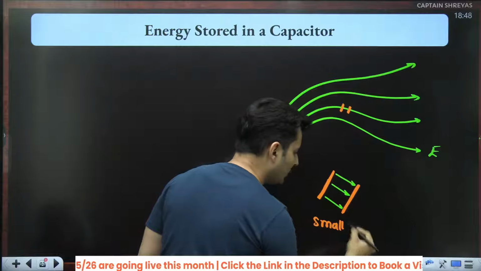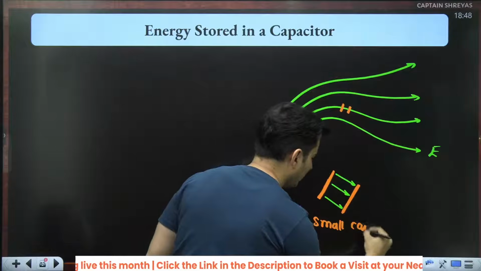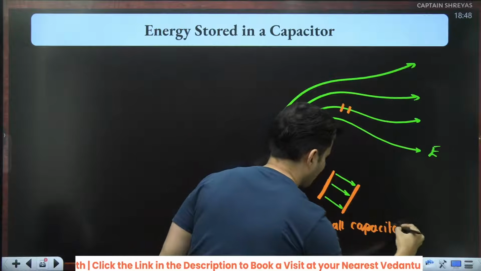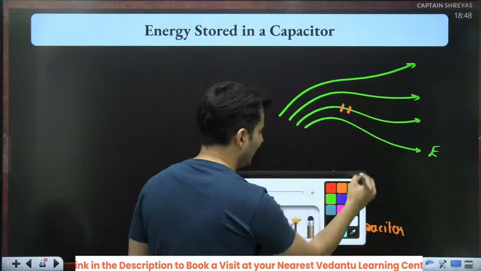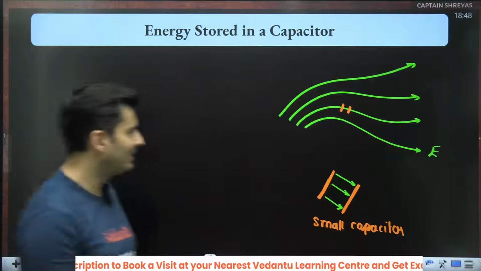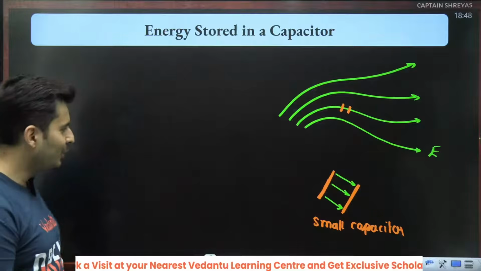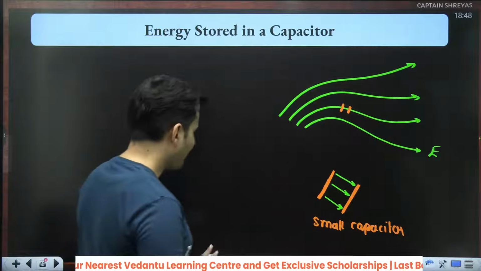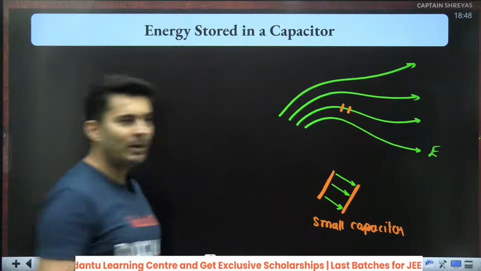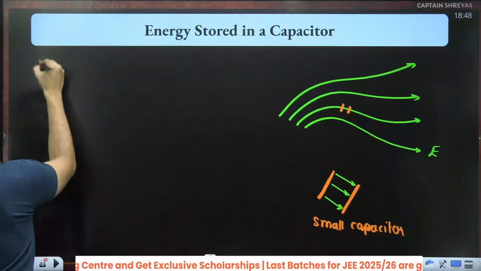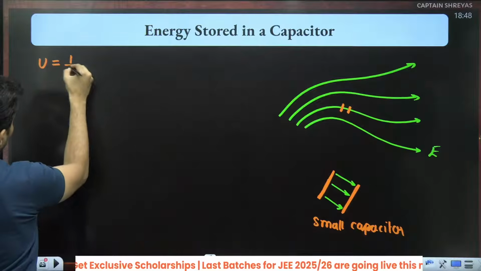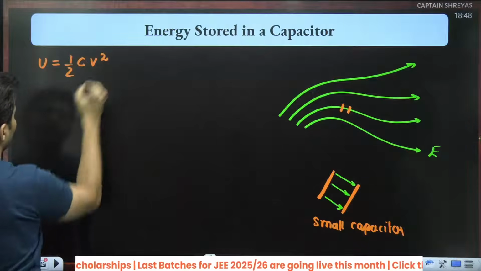Small, teeny, meeny, chintu, mintu capacitor? Isn't it looking like a small capacitor? Oh, yes, sir. It is definitely looking like a small chintu mintu capacitor. Perfect. So what are you going to do over here? Fine. What is the energy stored in that chintu mintu capacitor? Well, that energy stored is half C V square.